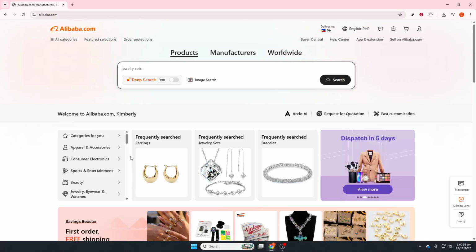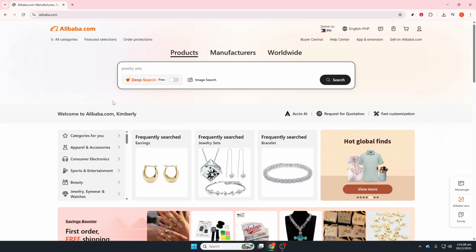In today's video, I'm going to teach you how to change country/region on Alibaba. This quick update helps Alibaba show you the right currency, language display, shipping estimates, and suppliers that serve your area. It's especially useful if you've moved, you're traveling, or you shop for different markets and want more accurate pricing and